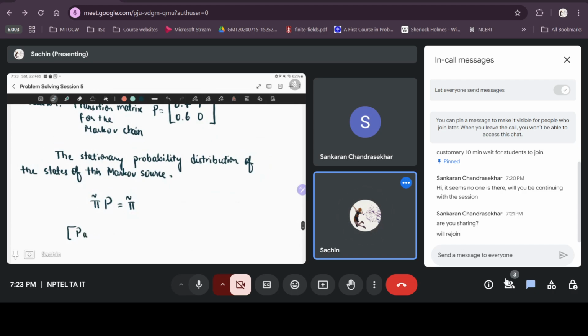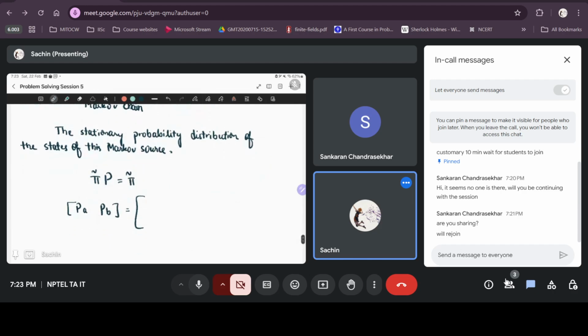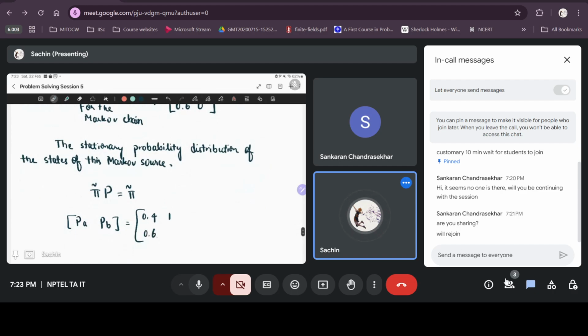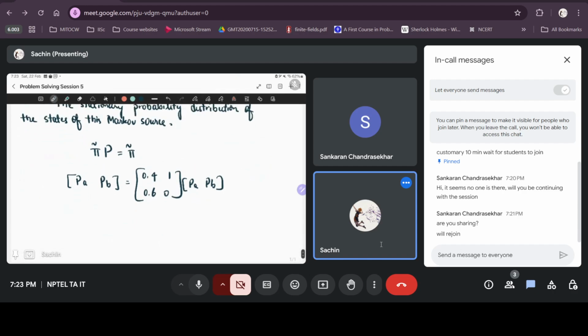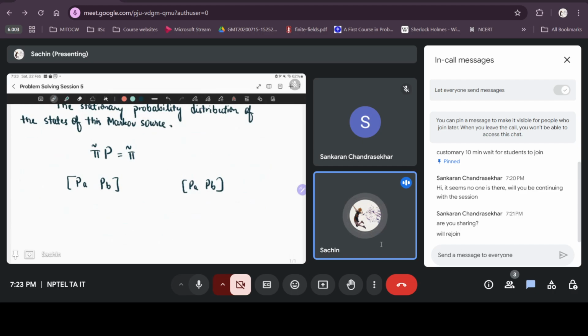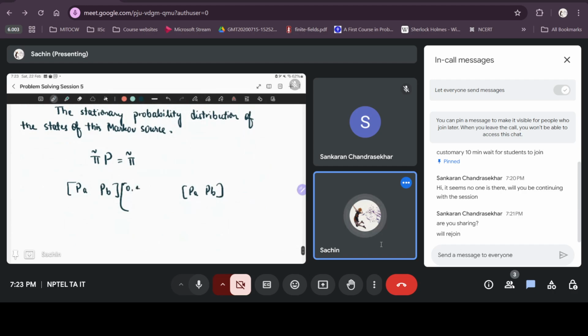That is, p of A, p of B times the matrix with rows 0.4, 0.6 and 1, 0 is p of A, p of B. So that will give you